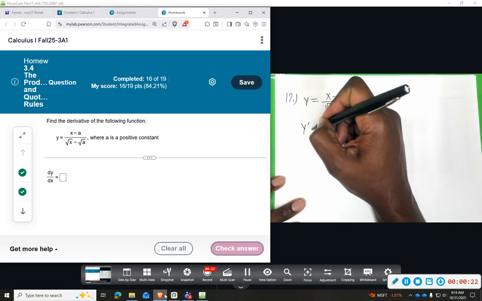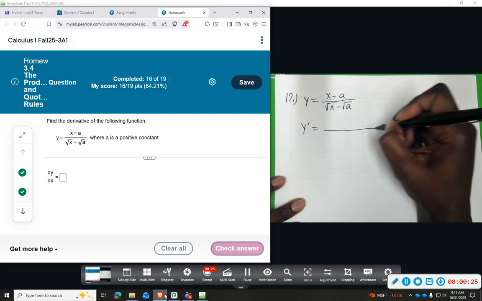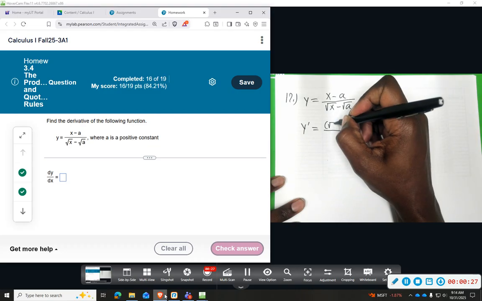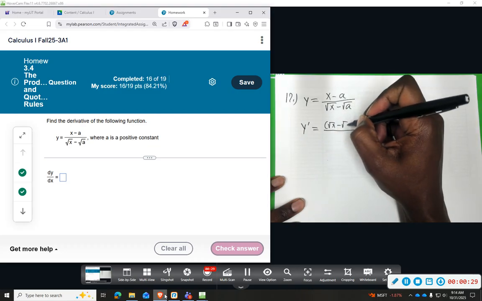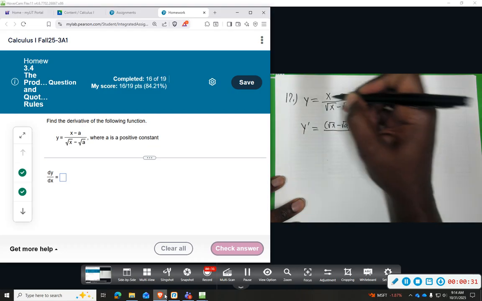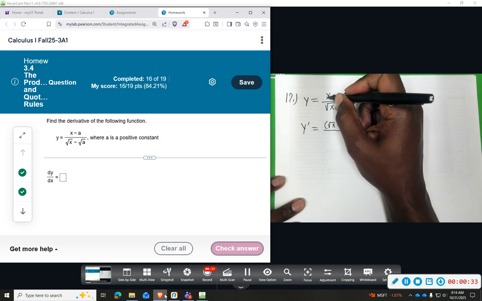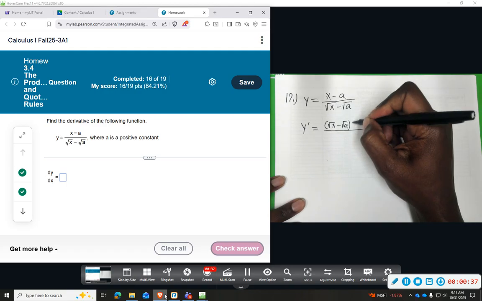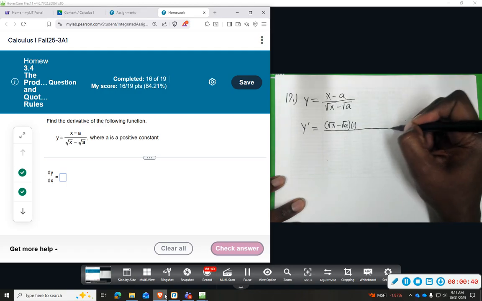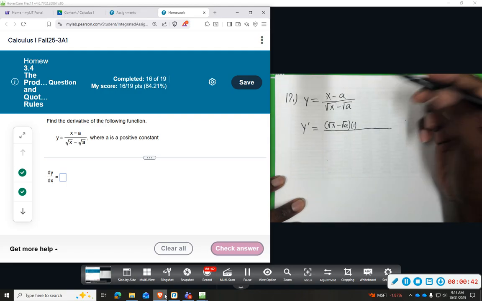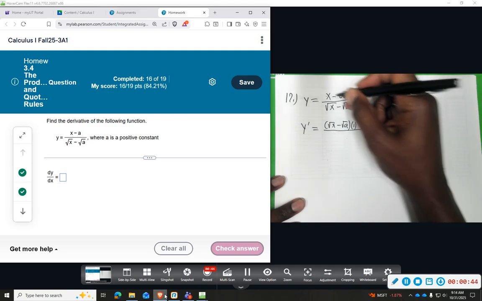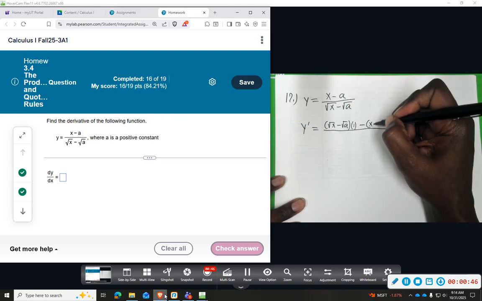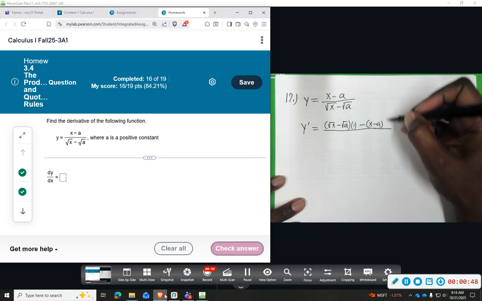So when we find the derivative, we're going to do the bottom times the derivative of the top. So doing each separately, this will be 1 minus 0, so the derivative of x is just 1, so we'll just multiply times 1, which won't change the first part. So bottom times the derivative of the top minus the top function, x minus a, times the derivative of the